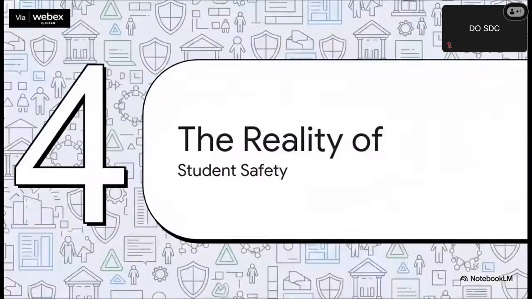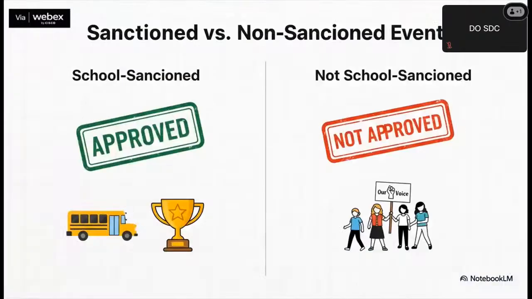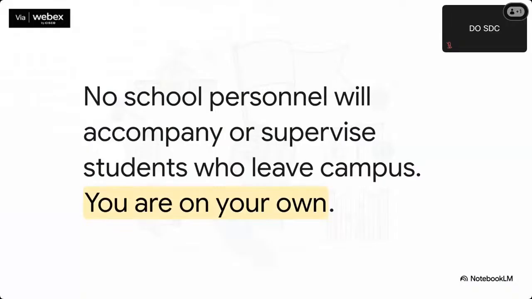But the district's policy isn't just about following the letter of the law. It's also built on something absolutely fundamental, a non-negotiable responsibility, keeping students safe. This is a really critical point to understand. A school-sanctioned event is something the school has organized, planned for, and approved, like a field trip or a football game. A walkout just doesn't fall into that category. And because it's not a school-sanctioned event, there's a direct and really important consequence. No school staff will be there to supervise. No teachers, no administrators, no security. Once students are off school grounds, they're no longer under the school's watch.